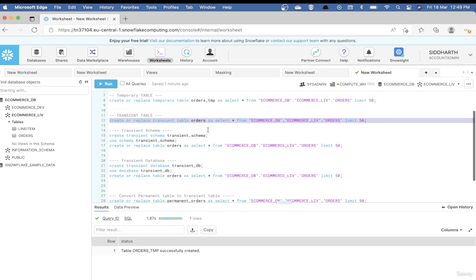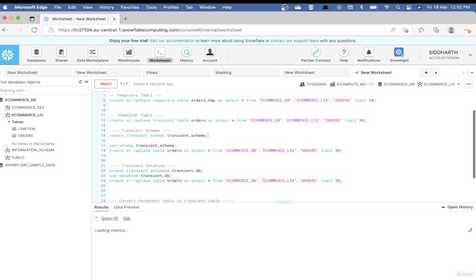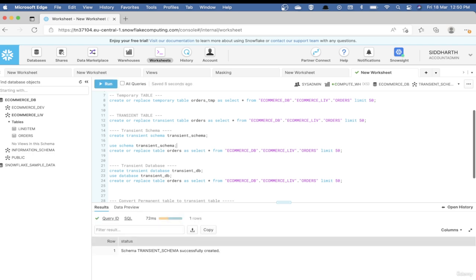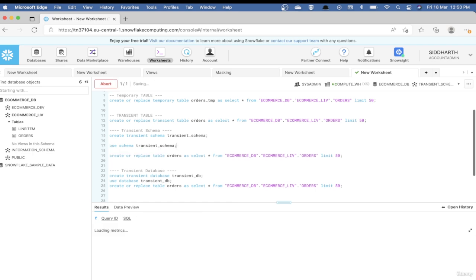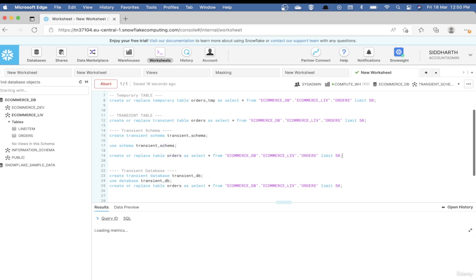Okay, now why would you want to create a transient schema is the question, because the syntax is pretty simple. You have to say create transient schema and the name of the schema, and then you can use the schema. So let's go ahead and create a transient schema, and you'll see what is the need of creating a schema, which is transient. So I'm using the transient schema that I just created. Now the next command, if you see, I'm not using the keyword transient, okay, but I'm trying to create a table called orders inside of the transient schema that I just created. So let's go ahead and run this command